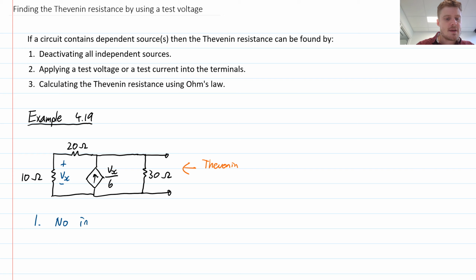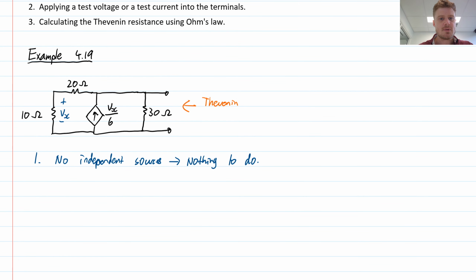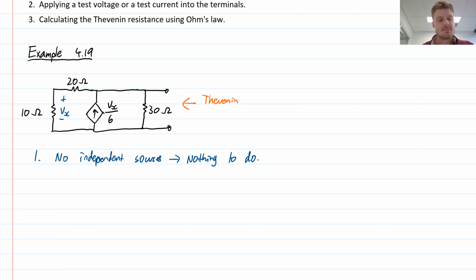So no independent sources, nothing to do. Right. Step two is to apply a test voltage or a test current. So for this particular example, I'm going to apply a current. It doesn't matter, you could also choose to apply a voltage. And basically what that means is I'm going to take these terminals and I'm going to connect a current source